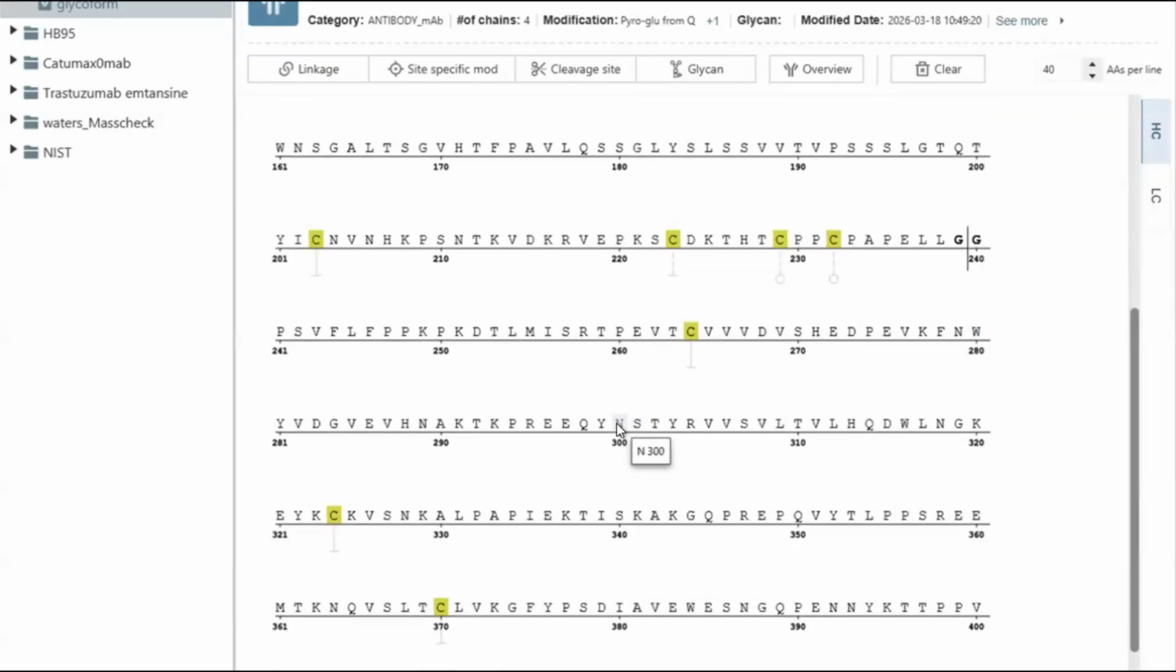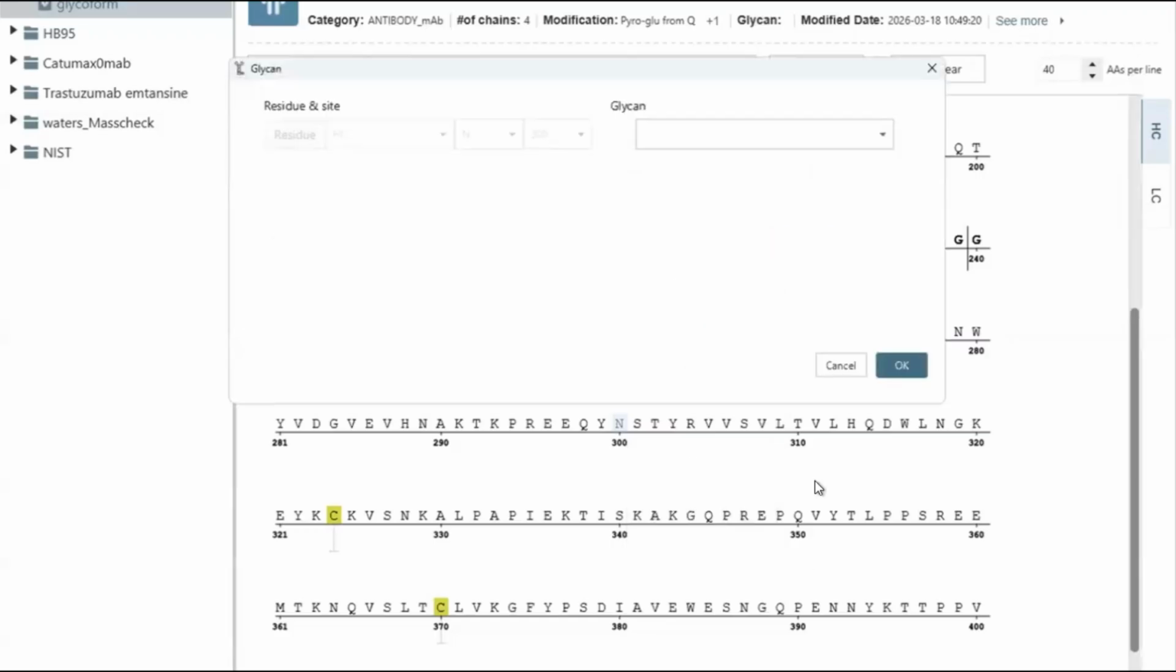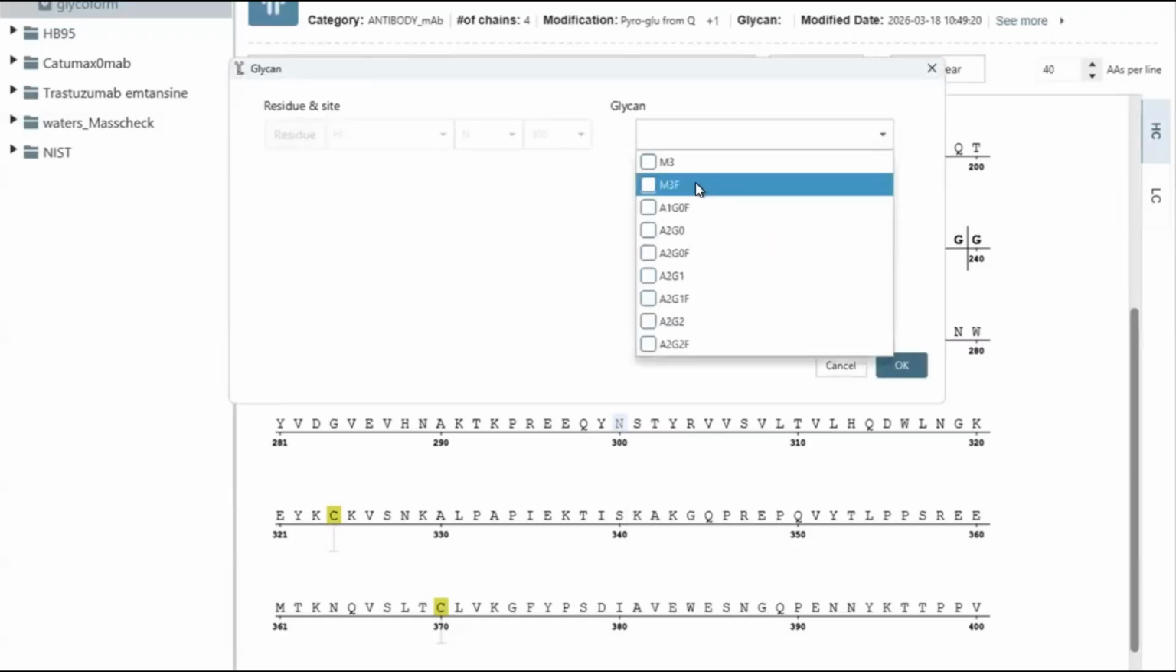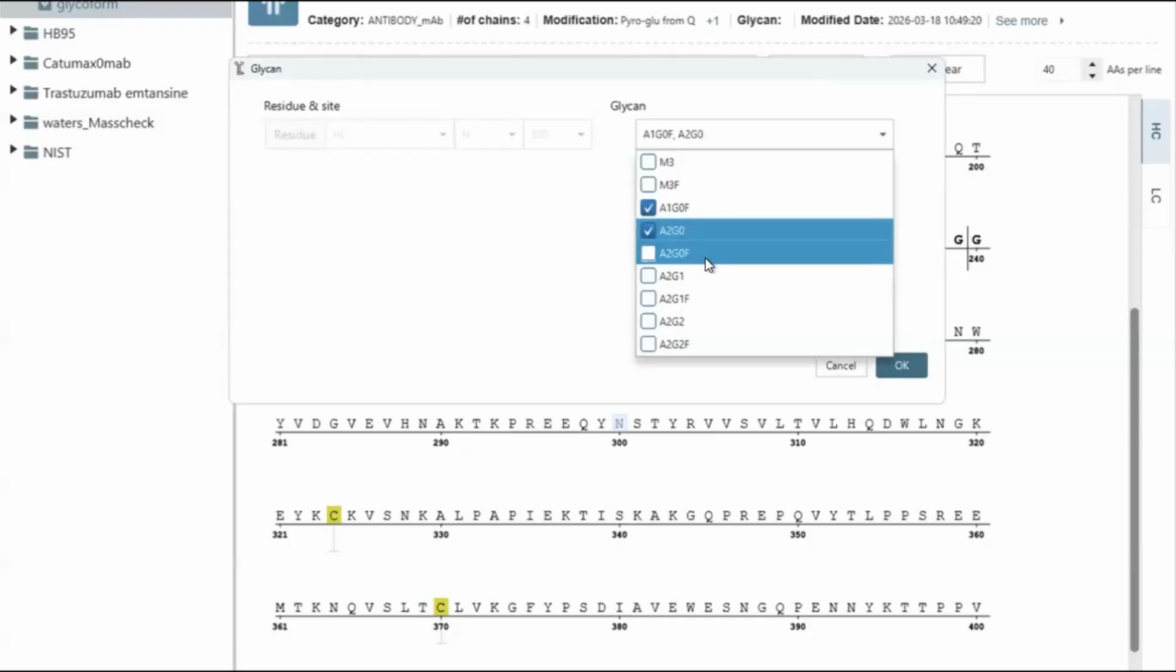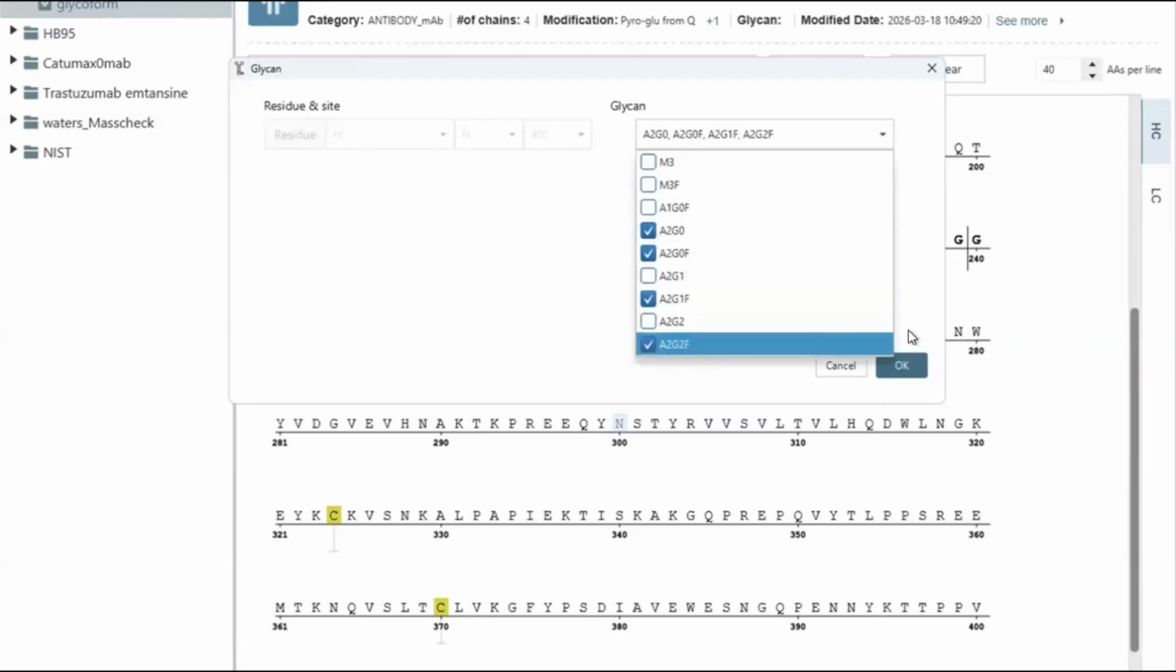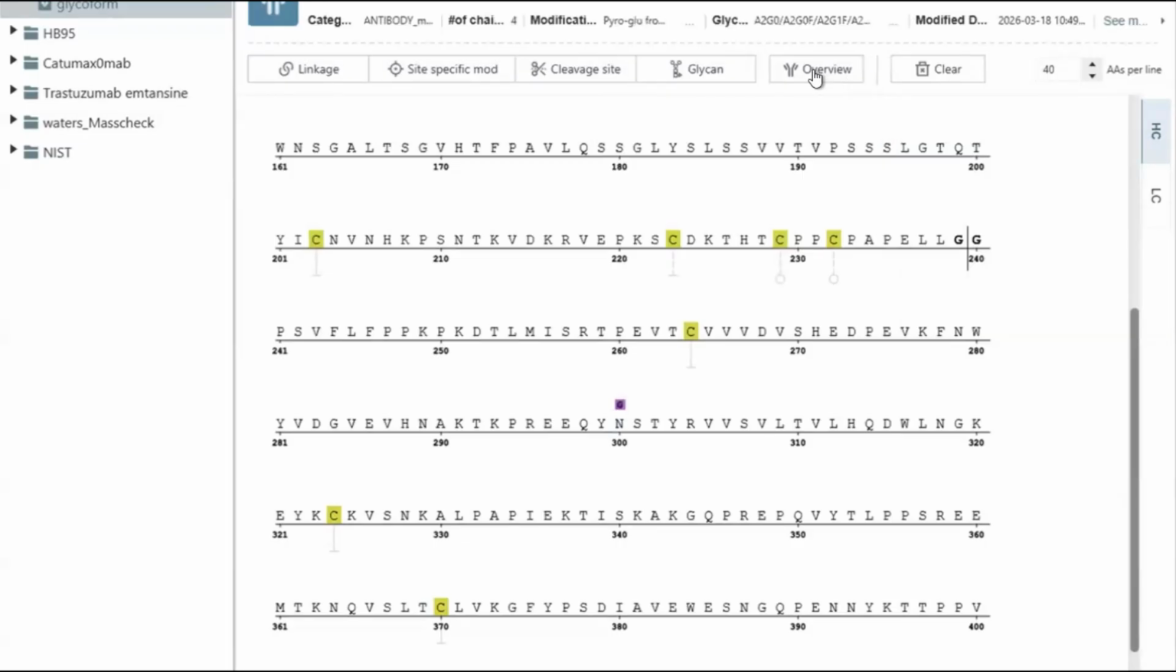And here we find a glycosylated site, and you can click here to define some common glycans like G0, G0F, and G1F or G2F. So after we define this